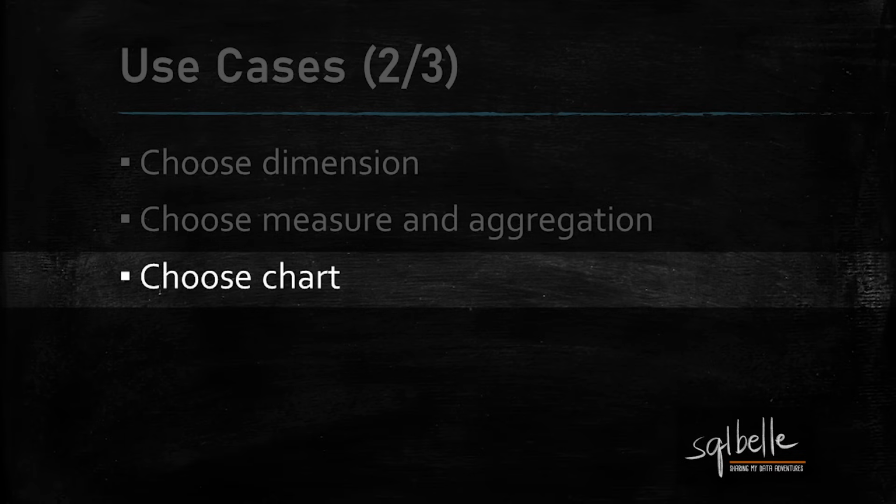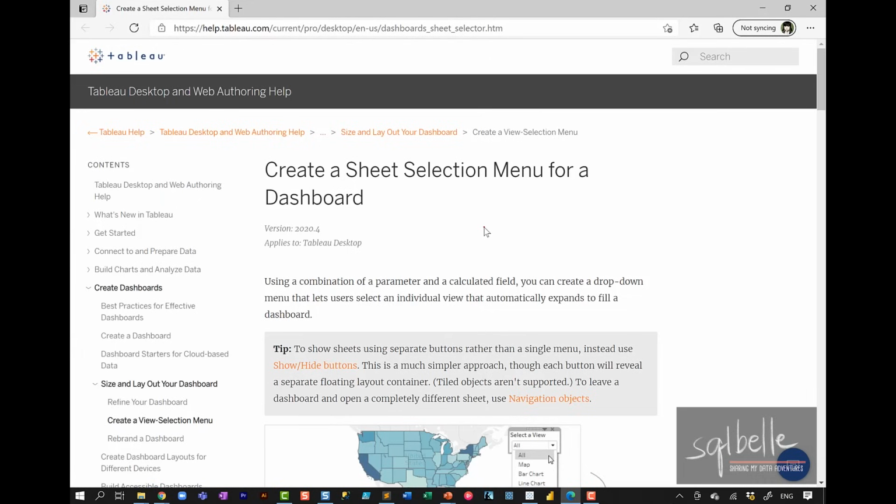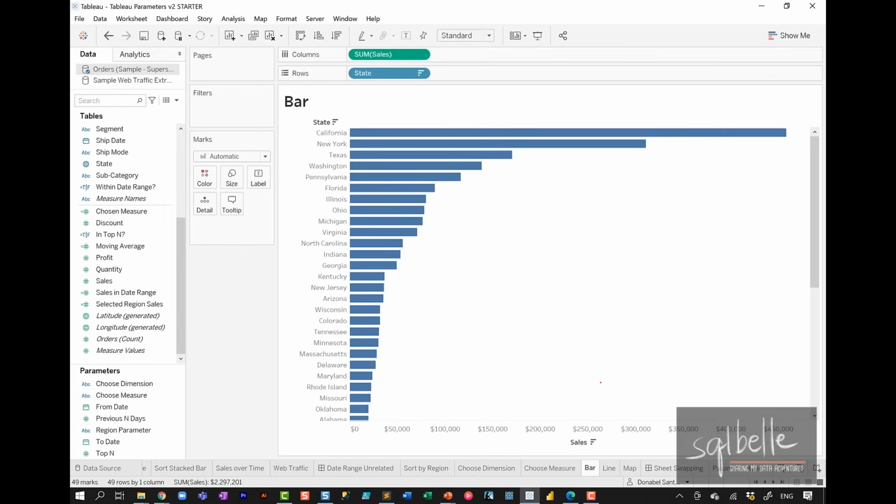average profit. One more use case that introduces interactivity is allowing our end users to choose which charts to show. This is also sometimes called dynamic sheet swapping. This is a well-documented technique that utilizes layout containers and filters, and the actual sheet swapping needs to happen at the dashboard level. I have 3 charts in here that I want to swap: a bar chart, a line chart,